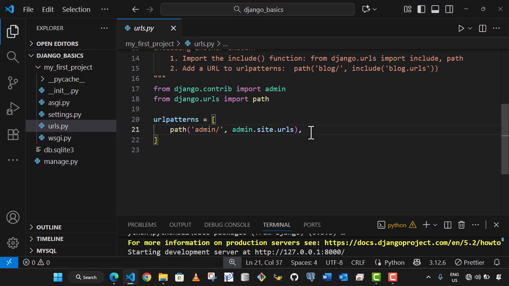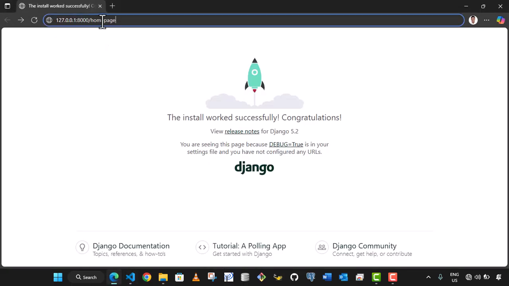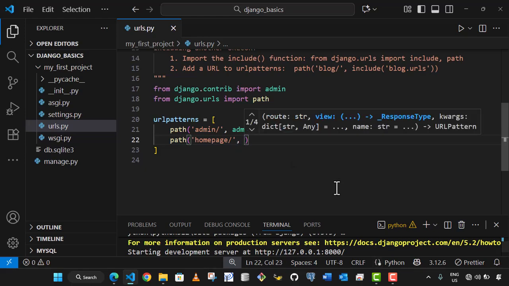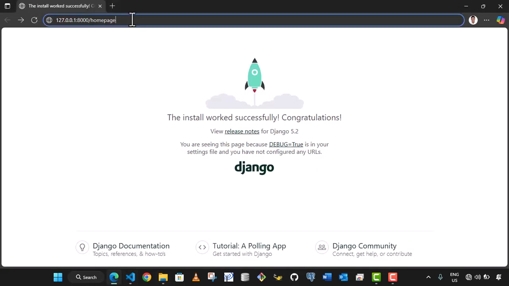We are not editing anything, but we are adding another URL pattern, such that if a request comes with a homepage request like this, it will automatically come into urls.py of the main app and then check whether it is available. If it is available, what should happen? Because it is a request, it has to get a response. Right now when you run it over here, it's going to tell you that